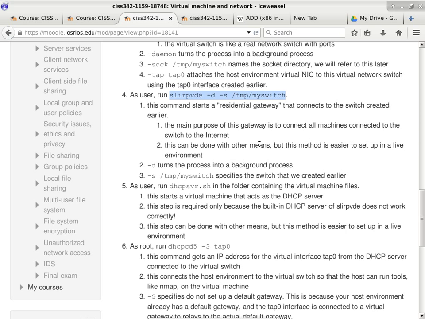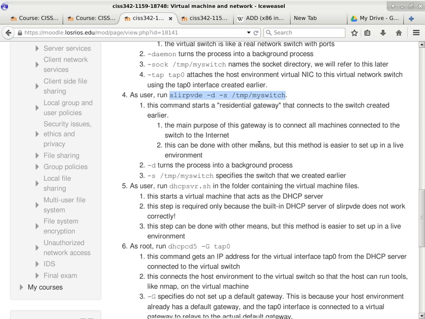I created a virtual switch. So this is a switch. And when I ran this command, I also made this connection here. So the virtual switch from the live environment is now connected to the virtual switch. But the switch doesn't go anywhere, does it? It's just a switch sitting here with one wire connected to this part here. Well, that's not very helpful, because eventually I want other things to be connected to the switch, and I want to be able to go out to the internet through the virtual switch.